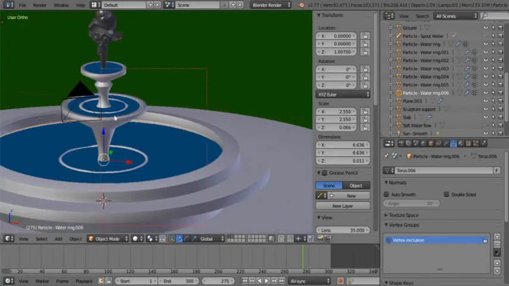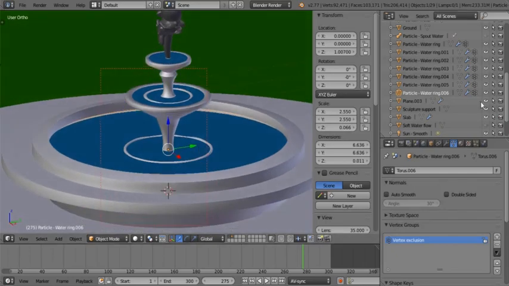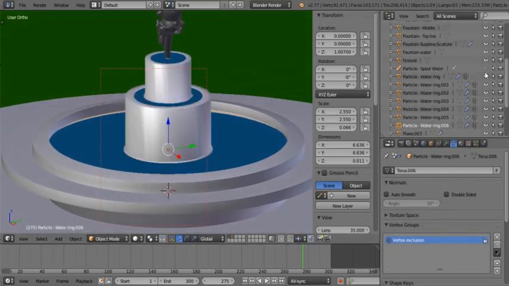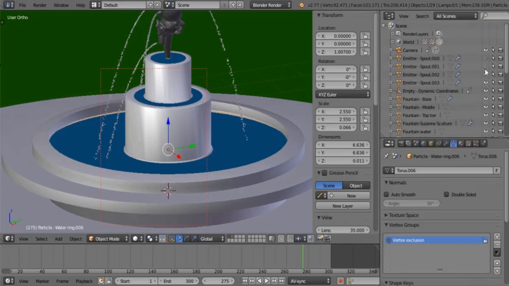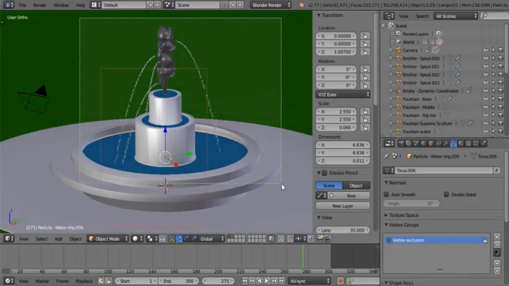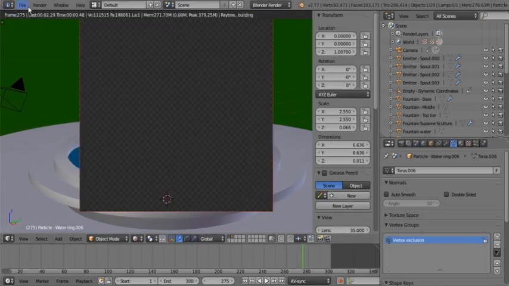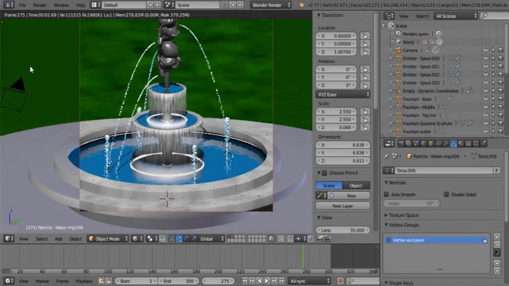Okay, there we go. So the fountain has a little bit of interaction and everything else does too. So if you turn on everything and you hit that little render view, you'll see something like this. Isn't that just so pretty? Oh, it's beautiful. Now what is immediately obvious is this bright ring over there, so I am going to make